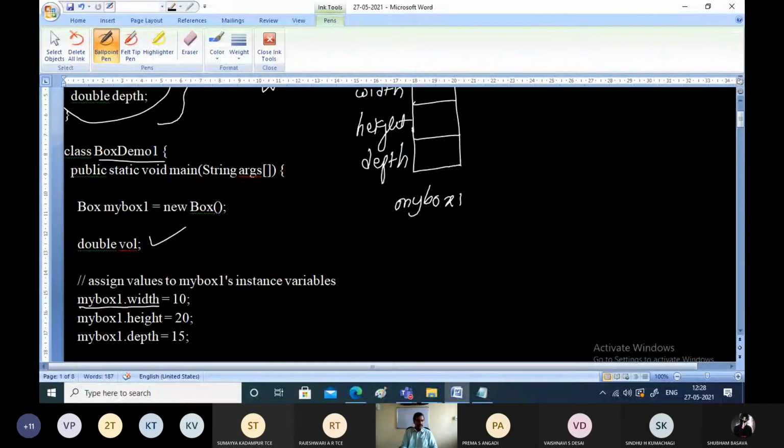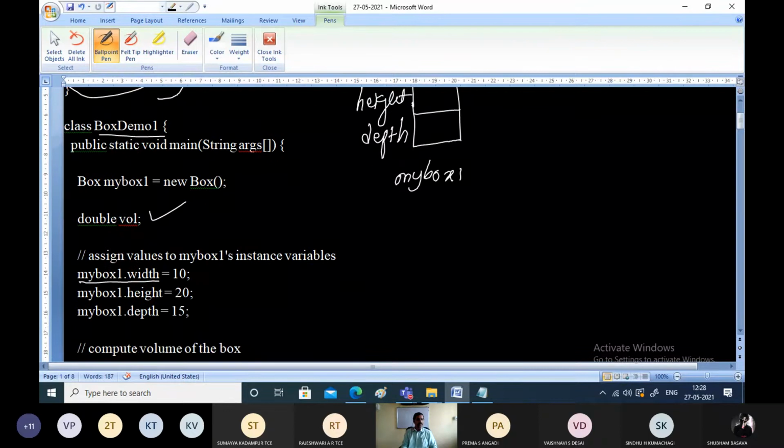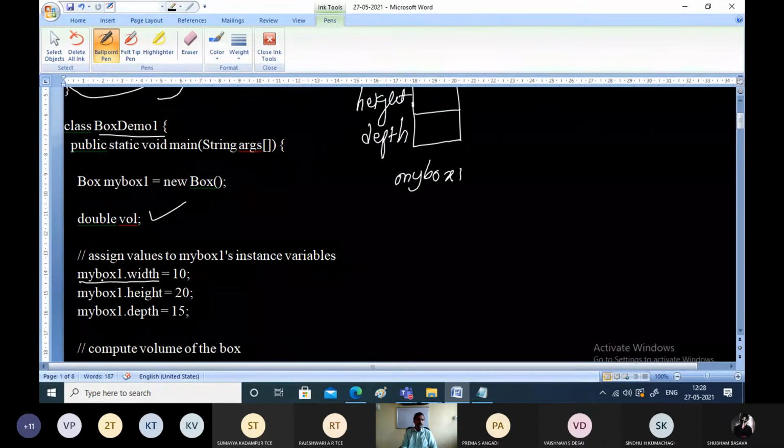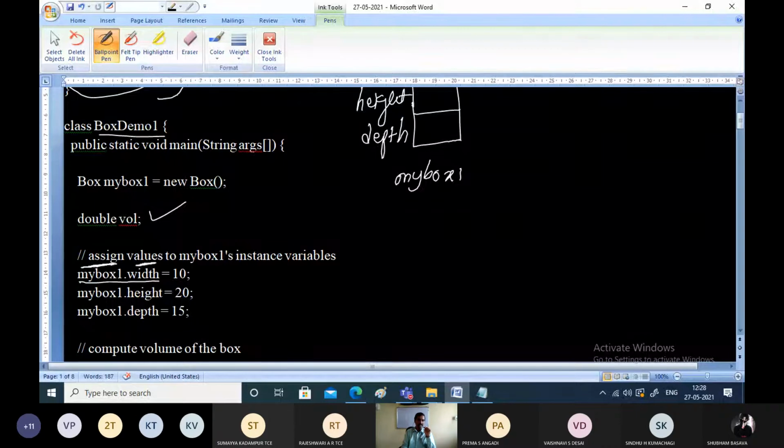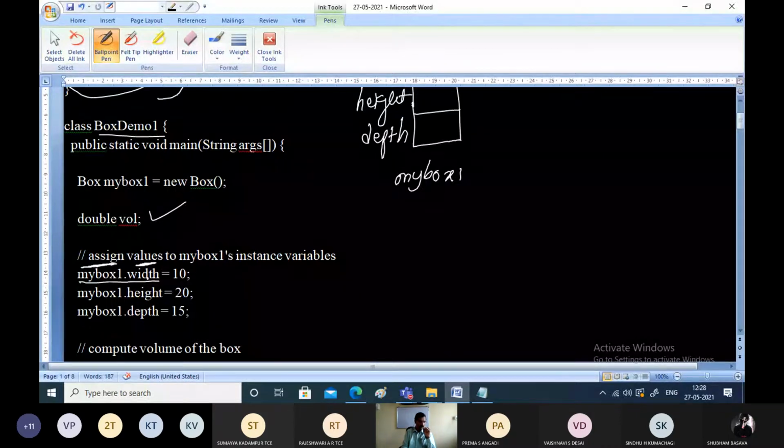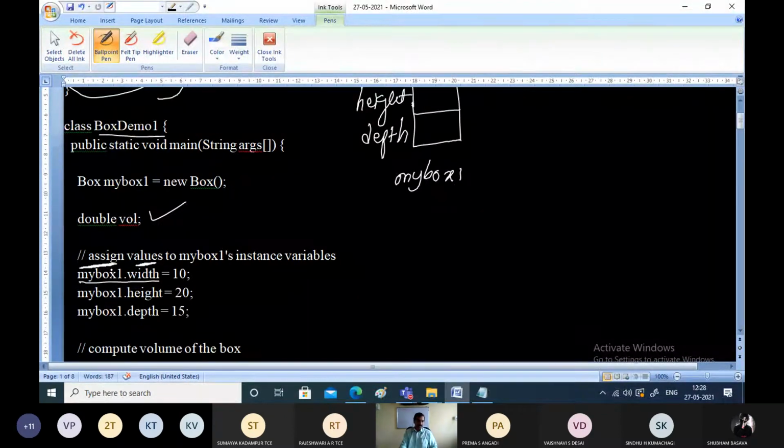For the MyBox1 object, we are trying to access the width member with the help of the dot operator, and assign a value of 10 to that.